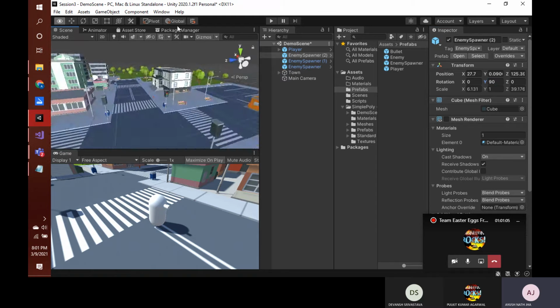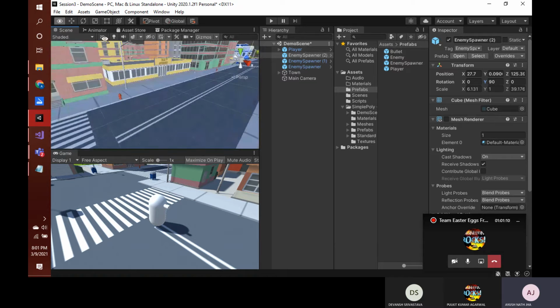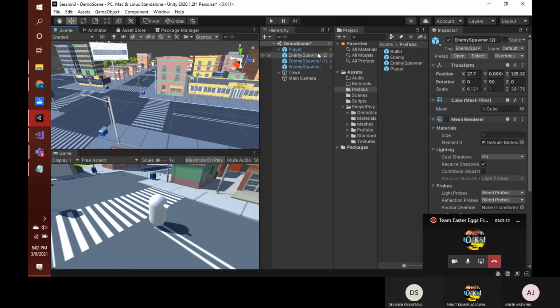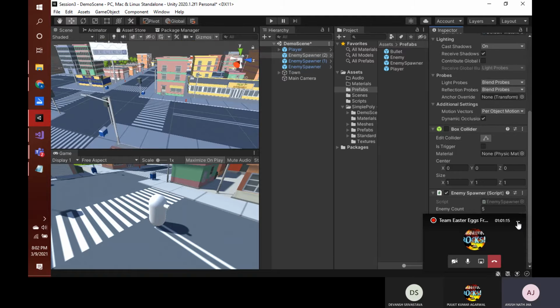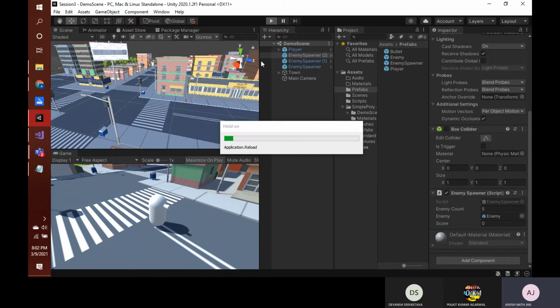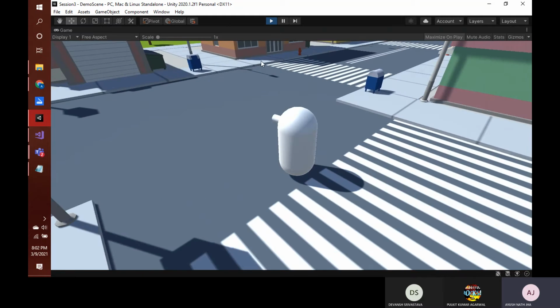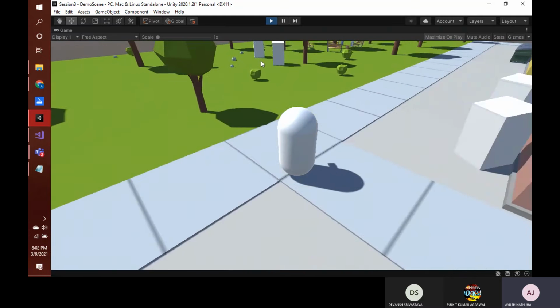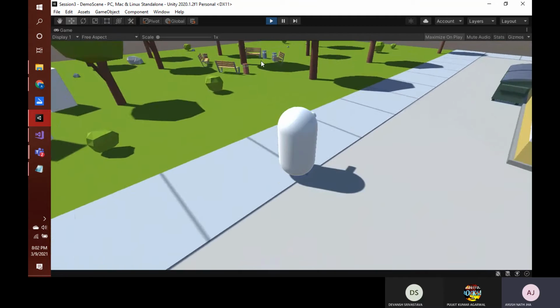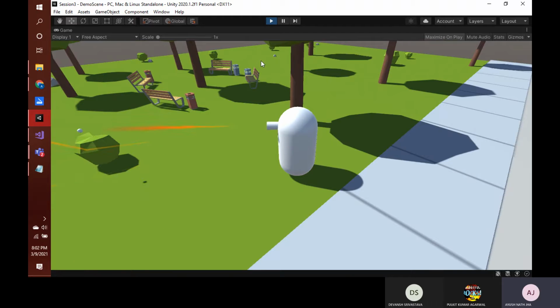You can add more as per your preference. Now let's see first if the enemy spawner has everything in it. Yes, the enemy spawner has the enemy within it. And hopefully if we hit play, right now we don't have the UI in this scene because we changed scene, and we haven't added the UI here. But if we start playing, then we'll see that most probably our enemies have spawned and they are following us, and if we shoot, they will die,